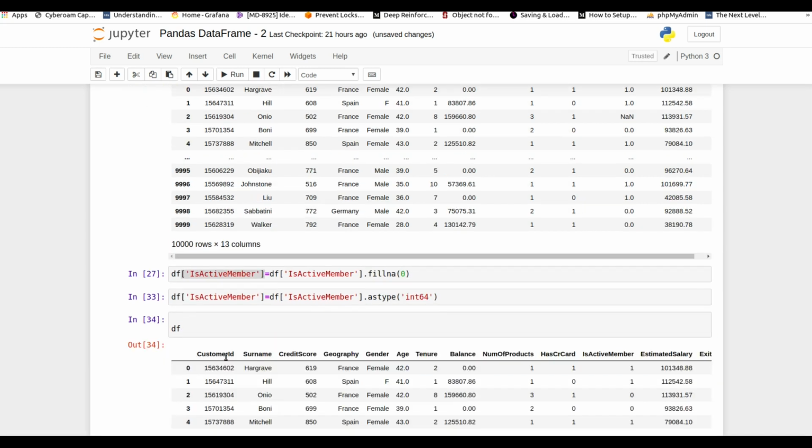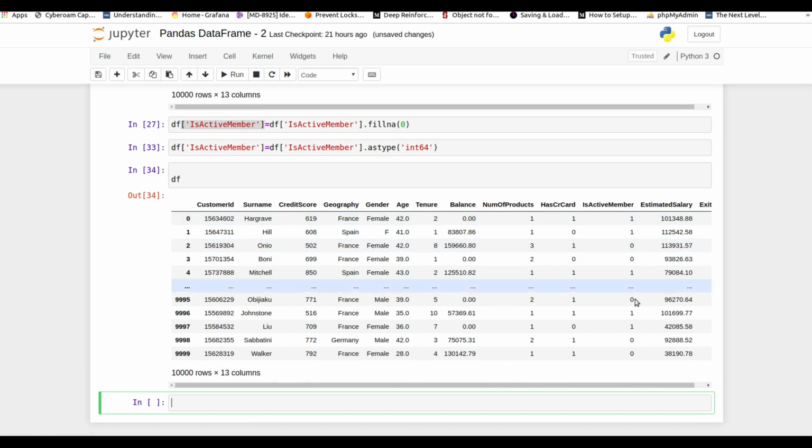And I'll show you the data frame now. So you can check the column is converted into integer type. In this scenario, suppose you have a data frame with null values, what we will do is replace those null values with the mean value or mode value, depending on the situation, and then after that we will convert the whole data frame into integer. This is the actual scenario I'm telling you about.